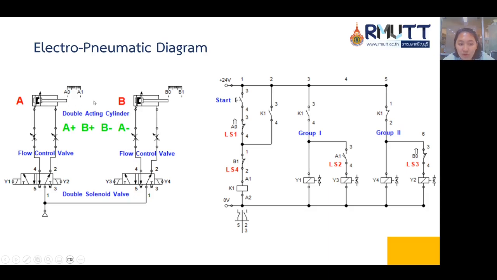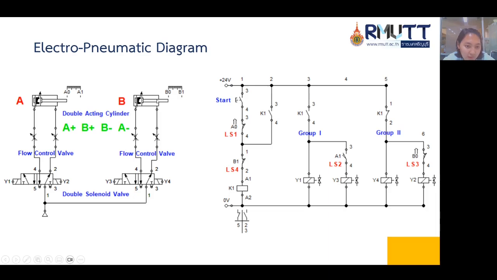A plus is going forward with limit switch A1, Y3 will be active, and cylinder B will go forward. Then for the last group, the normally closed contact of relay 1 will activate solenoid Y4. It means it will activate here, and then